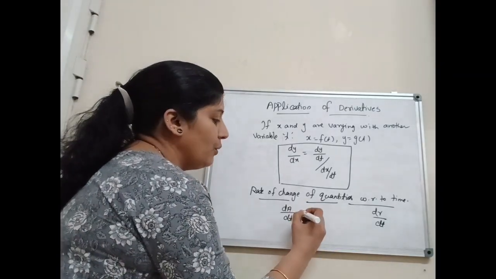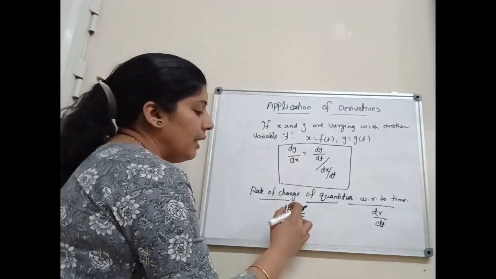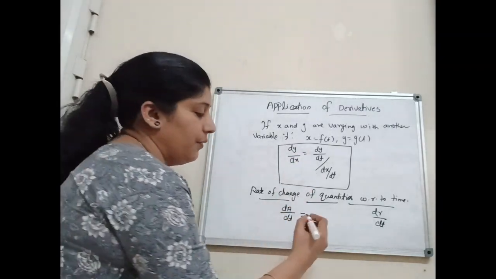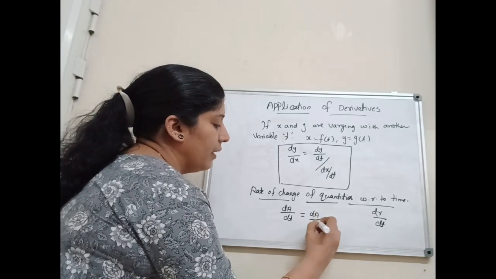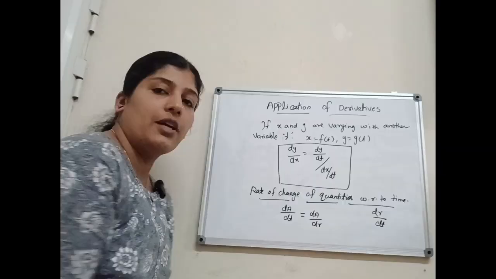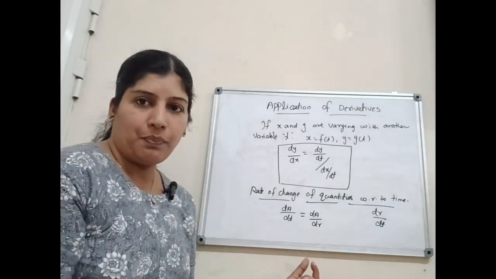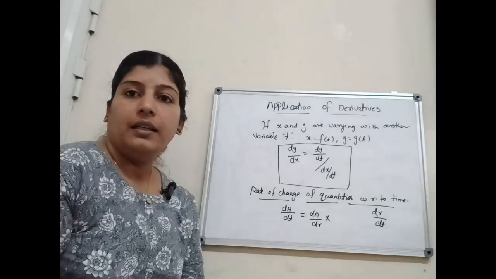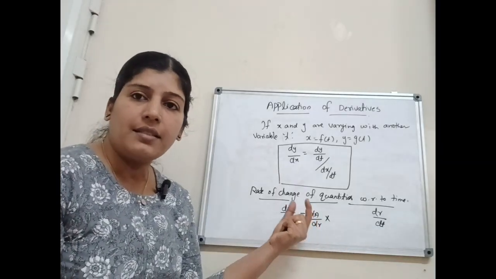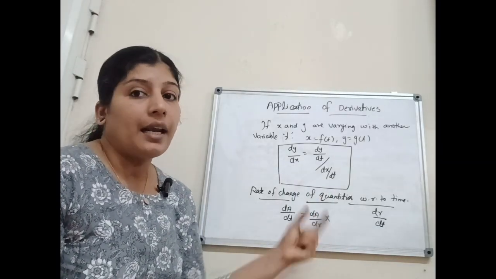How can we find out the rate of change of area with respect to time? Here we have to use the chain rule. Same manner, here area is defined by using radius. We know that area always depends upon radius. That is dA by dr. First we have to calculate rate of change of area with respect to radius. Then, in this type of questions we can consider the rate of change of radius also.